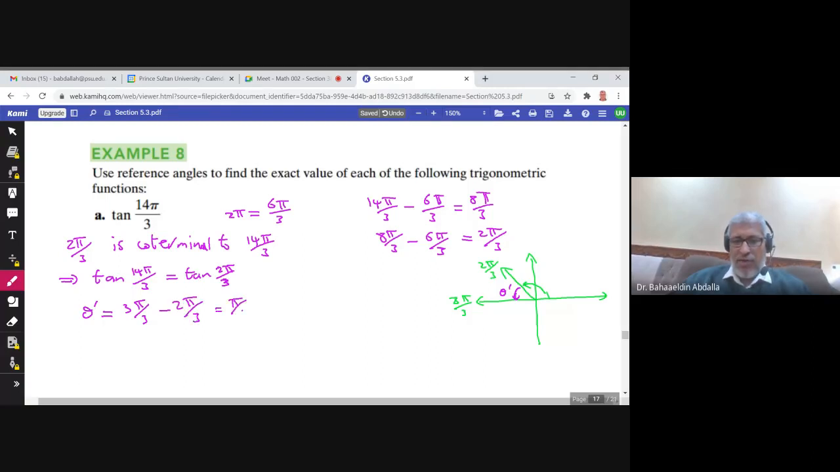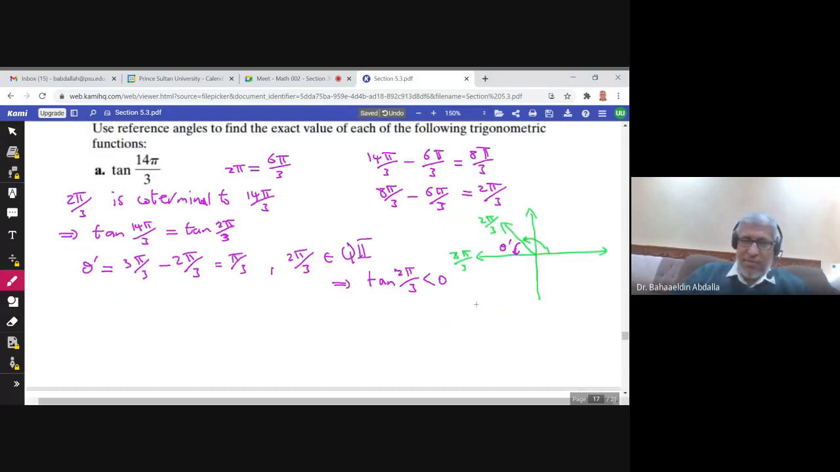So it is pi over 3. Okay. And 2 pi over 3 lies in quadrant 2. This means that tan 2 pi over 3 is negative because in the second quadrant, tan is negative. So I can say at the end that tan 14 pi over 3 is equal to tan 2 pi over 3 because they are coterminal, is equal to